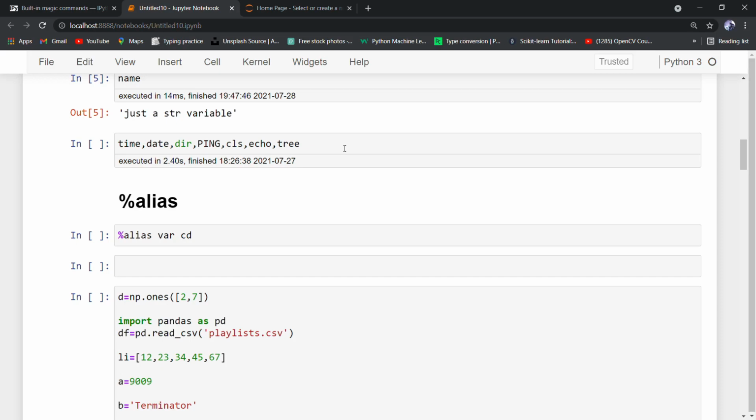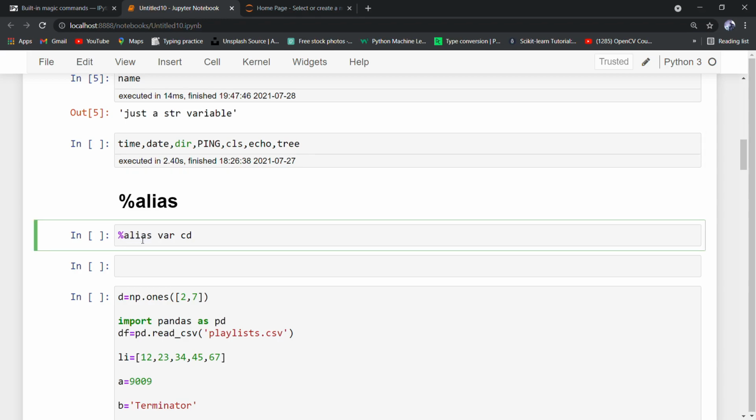We know that there are many system commands and they are very useful to us. Some of them are time, date, dir, ping, cls, echo, and tree. We can use them in IPython. We can use them directly, or we can create an alias name for them.